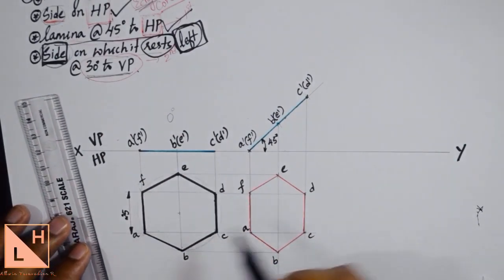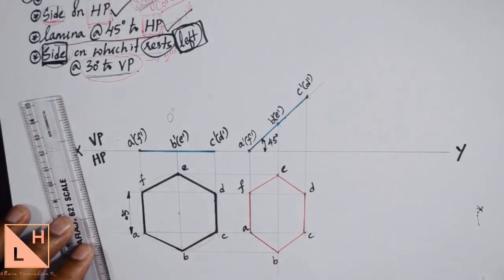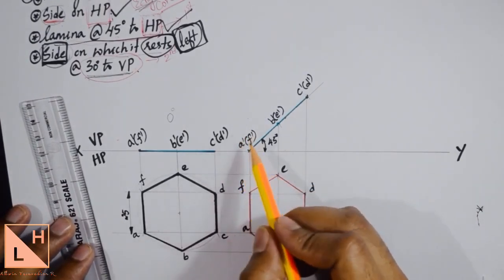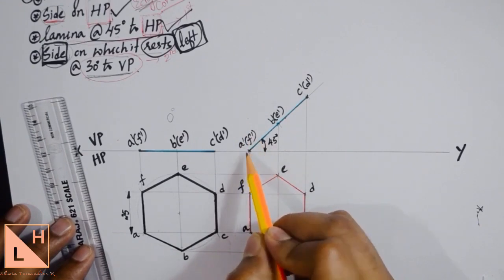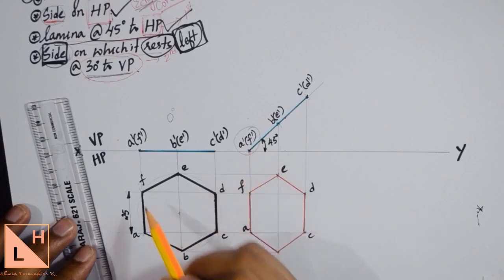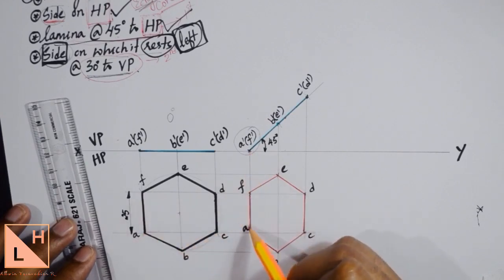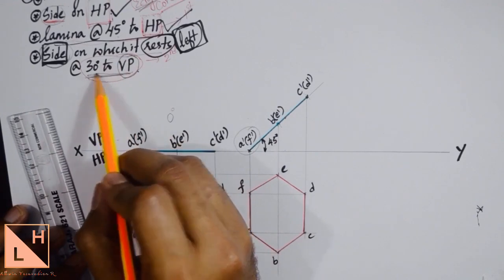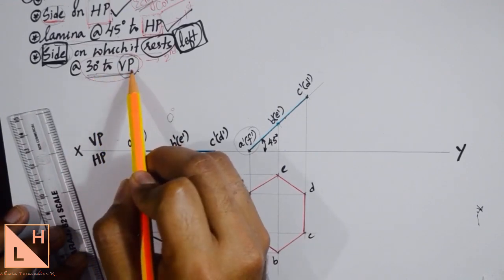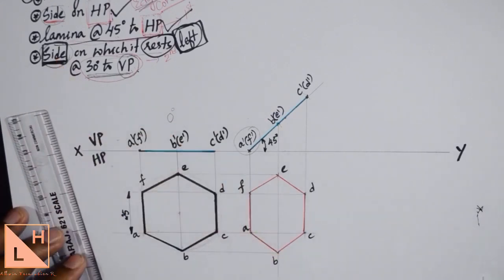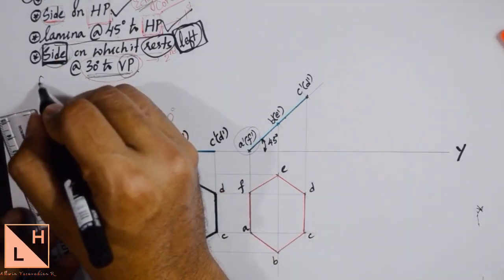To confirm it, you can just cross check it in the second position. In the second position, see which point or which edge is touching the XY line. So in this case it is A dash F dash. So the edge that is resting on HP is AF. So here the angle is given with respect to VP. As I have already mentioned, for angle with VP, you are supposed to project it in the opposite plane, that is HP. So select the edge, that is the side according to this problem, AF.